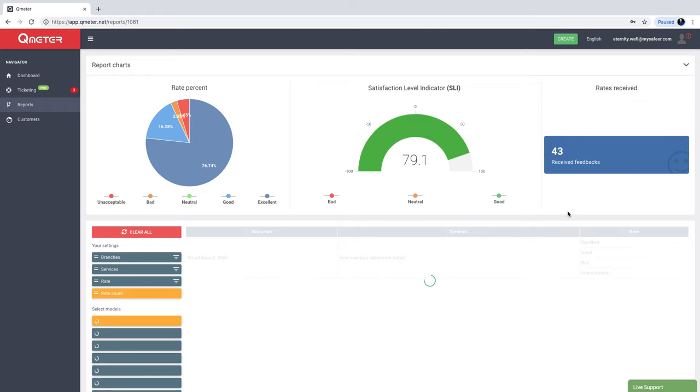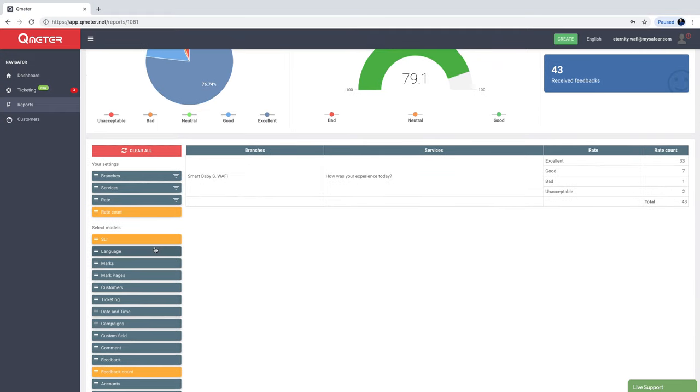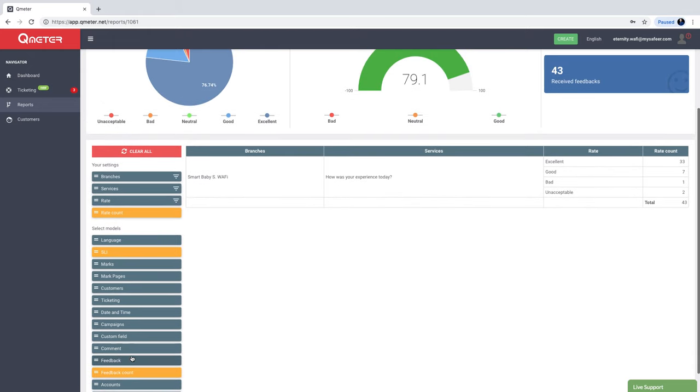For instance, the rate count shows you how many excellent rates you have had, how many good, how many bad, and how many unacceptable. You can also have the satisfaction level, but that makes no sense here in one service; it is for when there are too many services. So you can click it and it will go back. Then you go for, let's say,